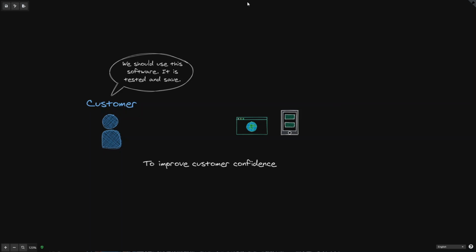So you will have customers that will say, oh, we should use this software because it is tested and it is safe, and because of that, that company has a lot of other customers that also use that software. So customers will not go to some company that has an unreliable product, an untested product, a product that is not secure, or a product that only works on one device, on one mobile device, for example, or on one